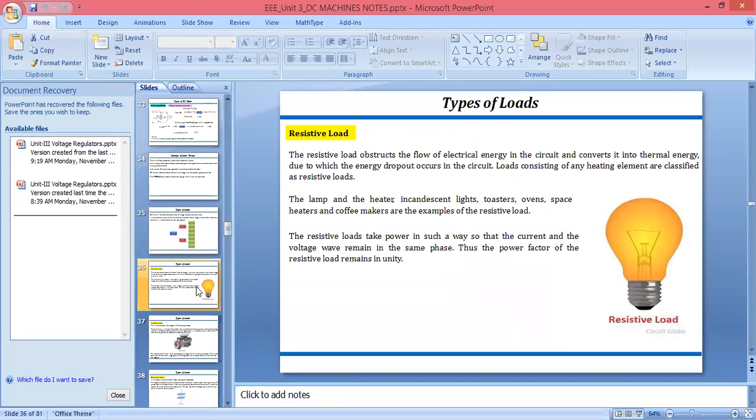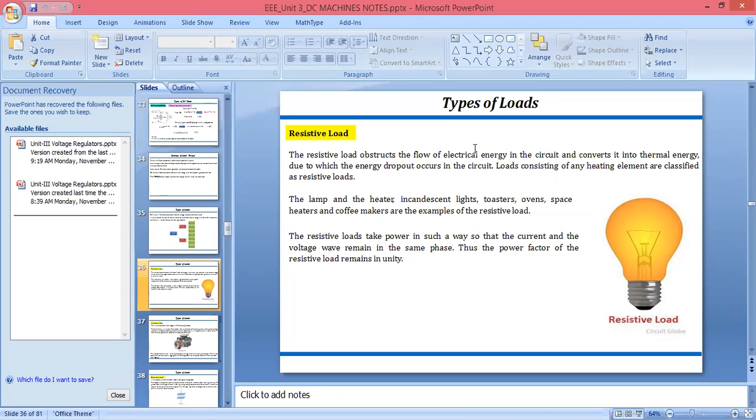If we have any device which can take electrical energy and convert that electrical energy into heat or light, at that time we can call that device a load. If you see, I have given some examples: lamp, heater, toaster, oven, coffee makers. These are simple examples of the resistive load, because